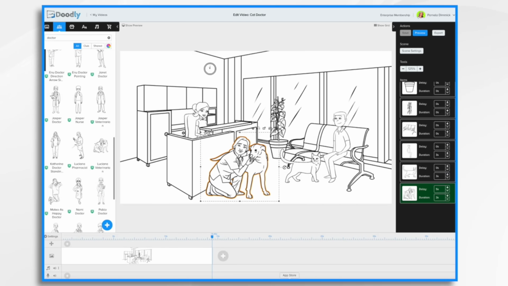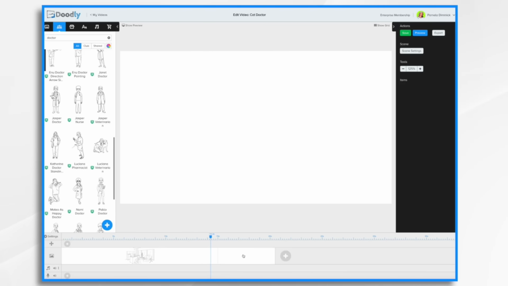In this tutorial video, we're going to go over adding additional scenes, working with audio, and using the camera panning tool. Earlier, we created this scene with the veterinarian's office. Now we want to have a new scene. So in order to do that, we just go down into the timeline and click this plus button, Add New Scene. And now you'll see I have a blank